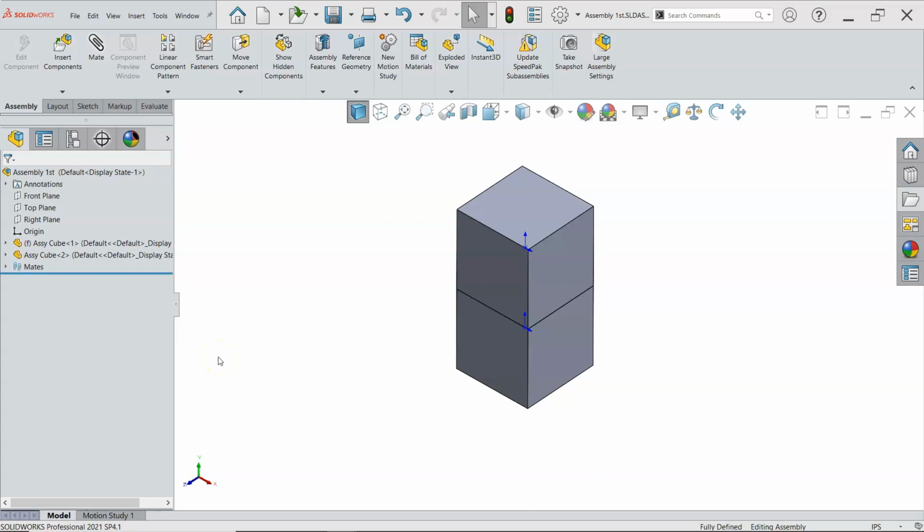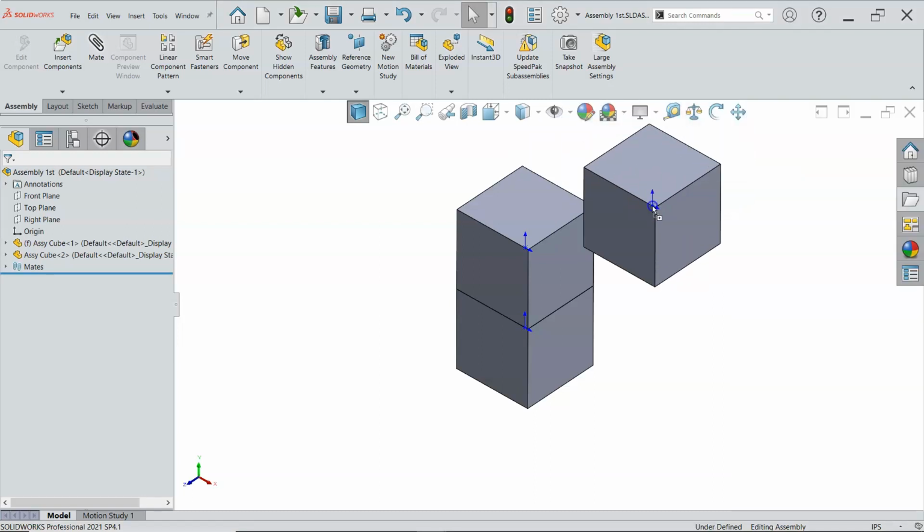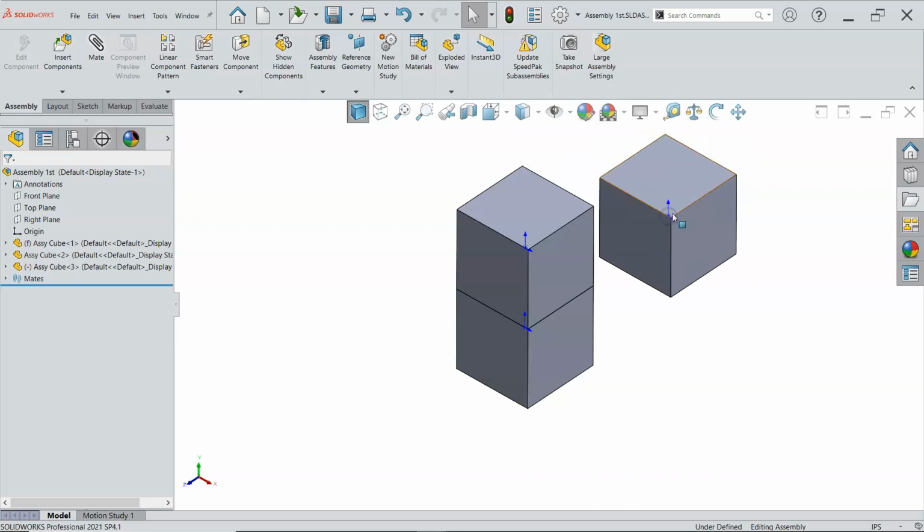Okay, continuing on with our assembly, let's bring in another instance of our cube. Being Windows and being SolidWorks, there's at least 5 ways to do everything, probably 6 now. So next one would be to go over to our File Explorer, and because this was open, I can drag from the task pane